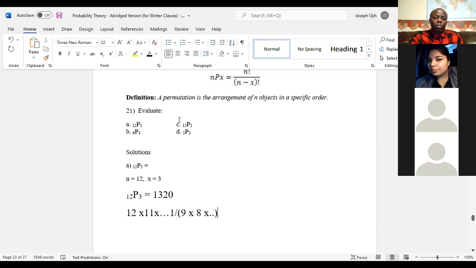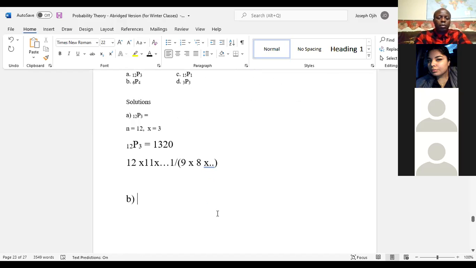All right. Let me do another example. It says 6 permutation 4. Let me do B. 6 permutation 4. In this case, n is 6 and x is 4. So that's 6 permutation 4, which becomes